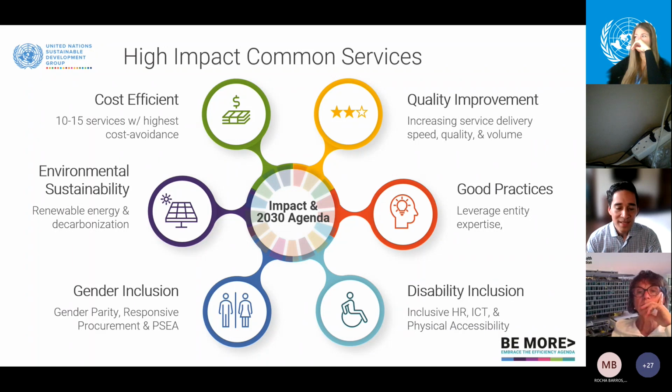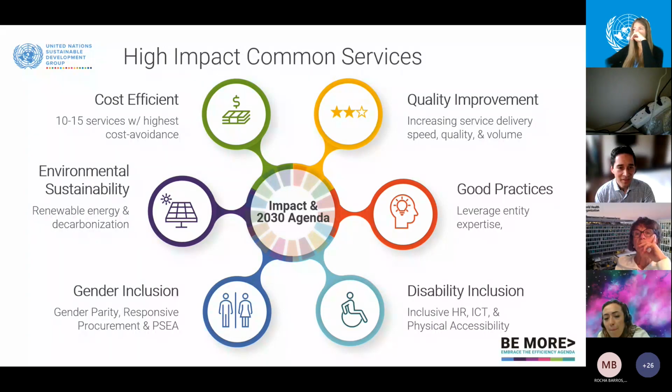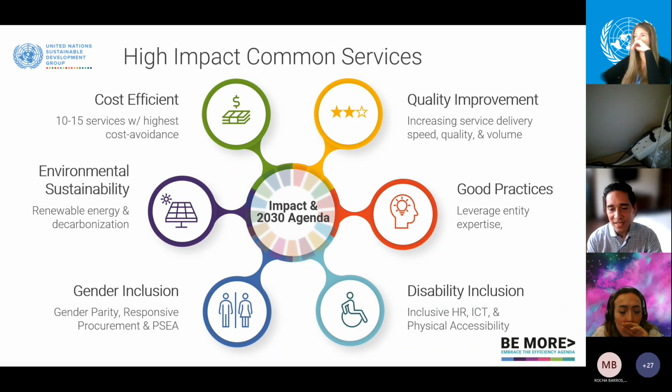We've heard of some premises that become accessible, and then governments or the private sector approach them and replicate a lot of the things that are being done. So we see that the impact not only stays with us, but it can also be replicated and complement a lot of the other initiatives. These are some of the main areas of high impact, just so that you keep in mind, especially with that BOSS annual review coming up in January. There are the more straightforward ones, which are the cost efficient services, about 10 or 15 of those services. And you can see it very clearly on your BOSS dashboard which ones those are, which ones are applicable or not to your premise.